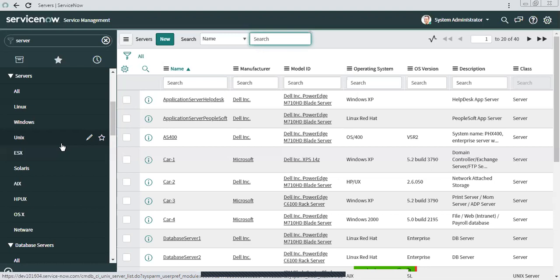Now, let's say a third party tool is going to create a change in ServiceNow. They will create the change as well as the change task. Now, these are two different tables, change task and change.